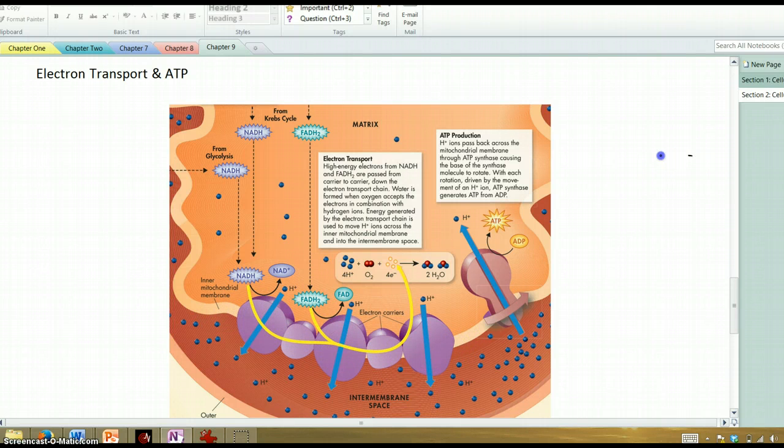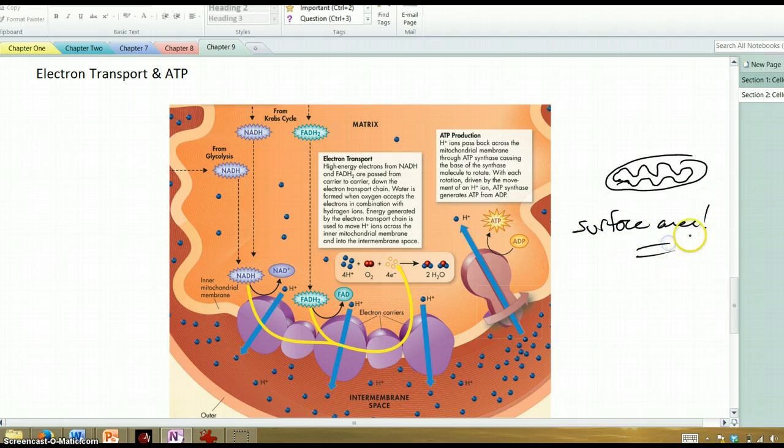When you look at a mitochondria, you've got the outer membrane, and then you've got this rather convoluted inner membrane. What are all those folds in that inner membrane, what is the benefit there? Well, lots of surface area over which the reactions of the ETC can happen. So there's a series of molecules embedded on that inner membrane,